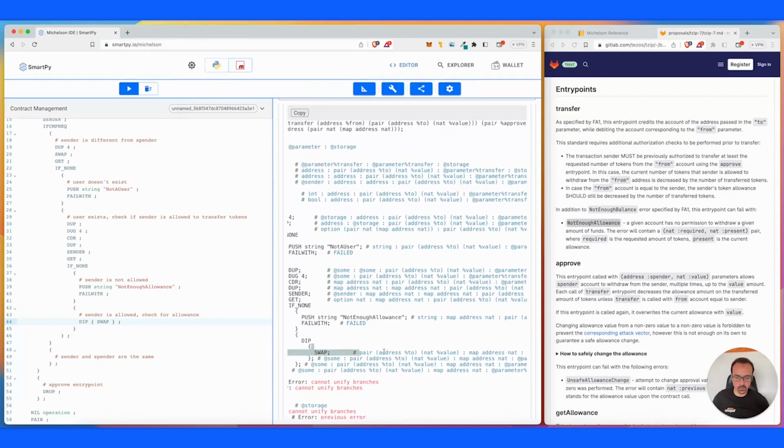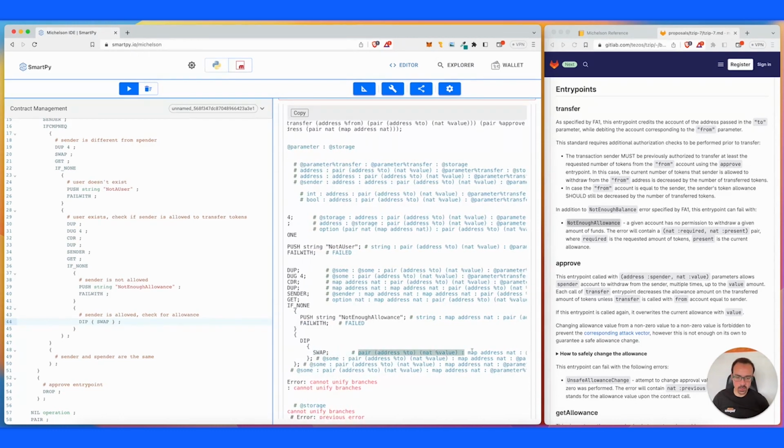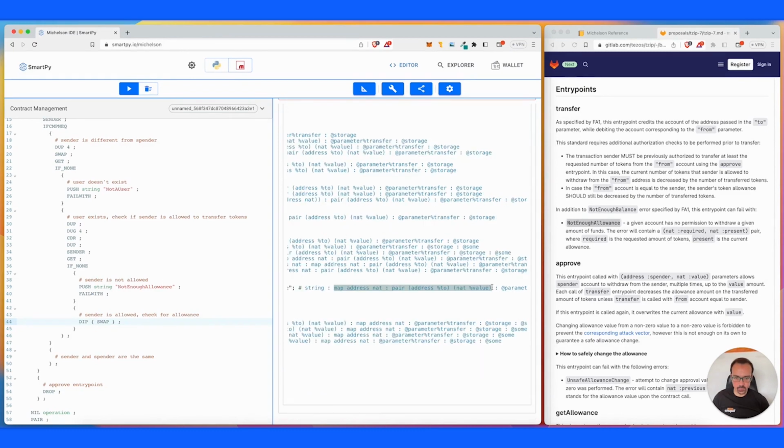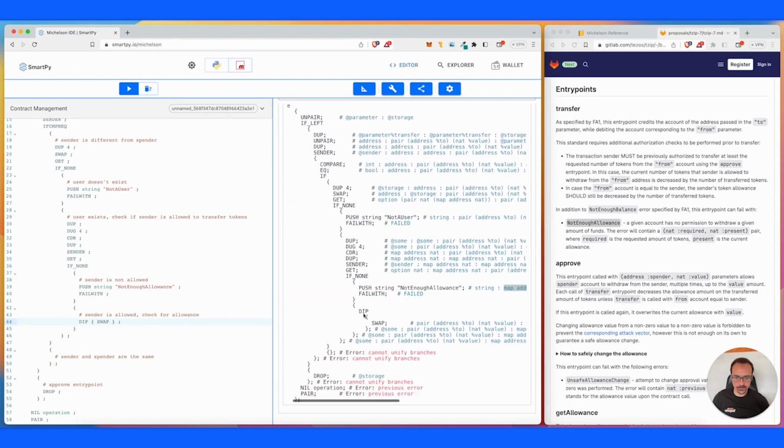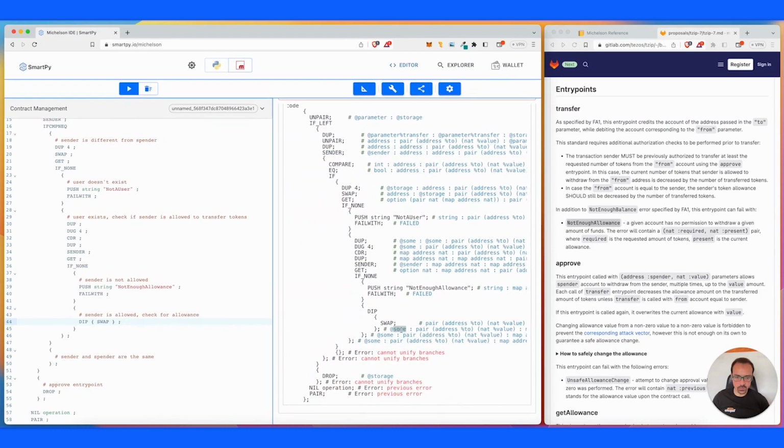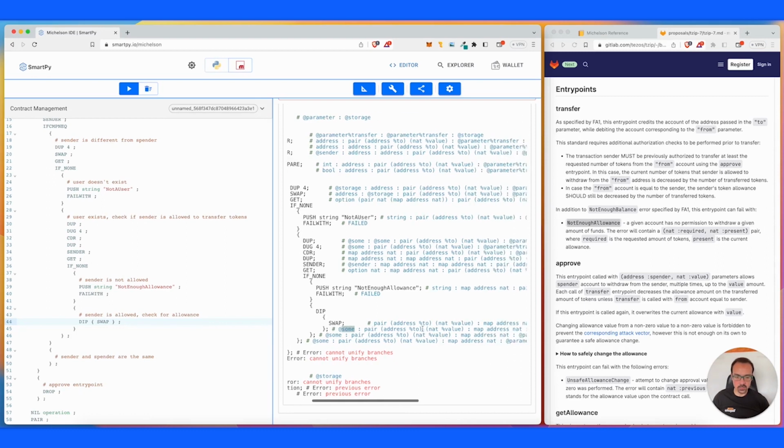I mean, not on the top of the stack. No, it swaps the position of the pair and the map. So you see there was that map and pair. So now we have pair and map. And then here you see that the sum is still here. That value, you know, that's expected to be here. This one was left untouched, and we just swapped the value that was at position 2 with the value that